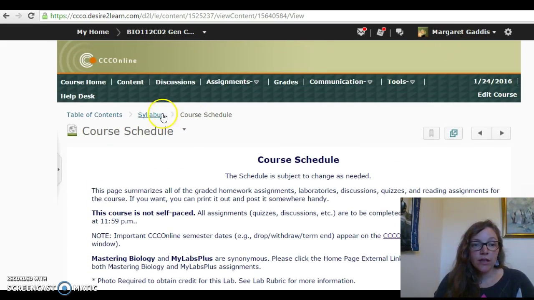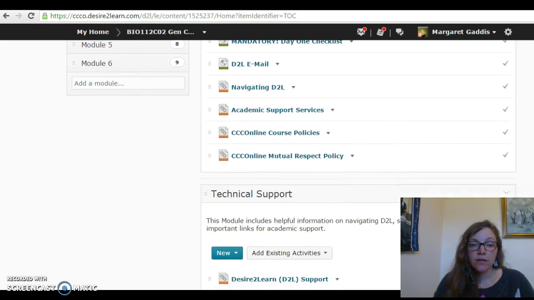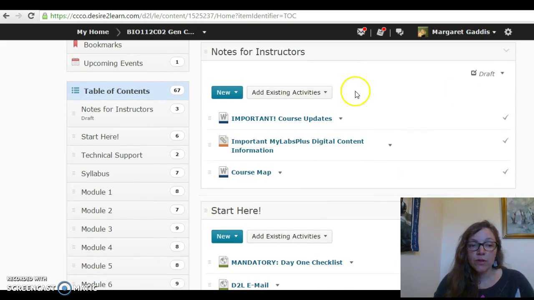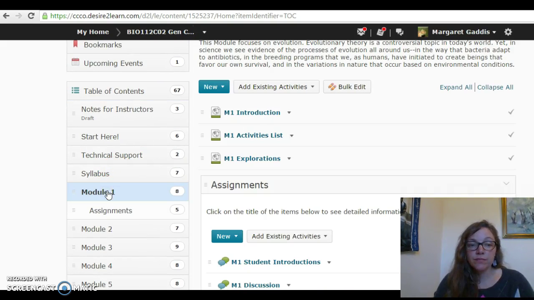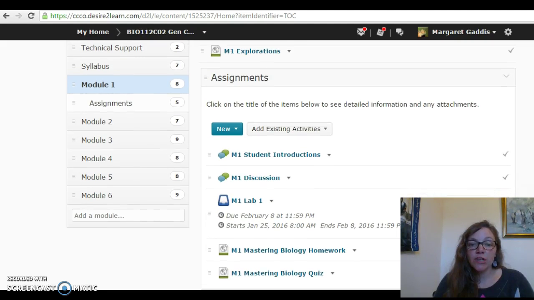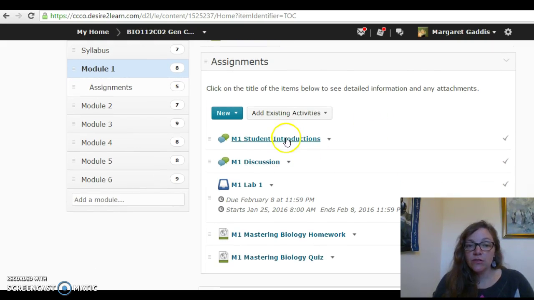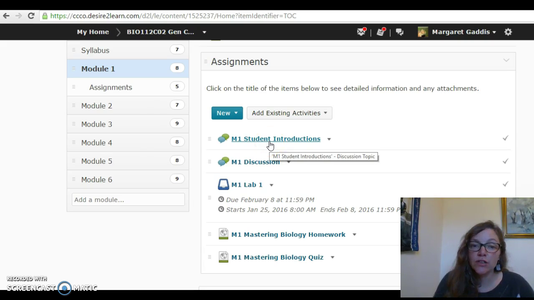Okay, so after you look at the syllabus pages, you can get into the content of the course. So let's look at Module 1. We have an introduction and our activities list, and the lab information is referenced as explorations. In the first week, we have student introductions and a content discussion. So you're going to want to go into the student introductions and introduce yourself in the first day or 2